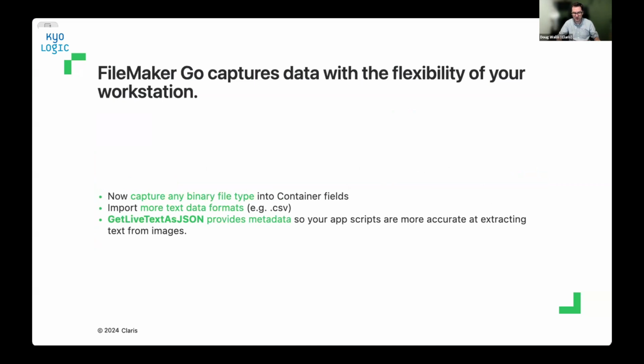Again, be able to actually import different types of text files through scripting inside of FileMaker Go. We only had a couple. The two that are still not working are XML and Excel. Essentially, it's an issue around the sandbox environment in which FileMaker Go lives, but we're trying to figure out a way to get around it. And then the last one, again, as I mentioned before, is to get more information around the get live text function